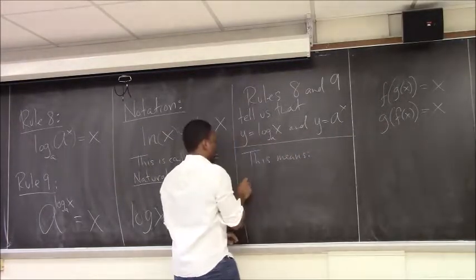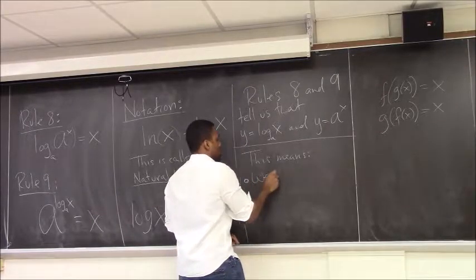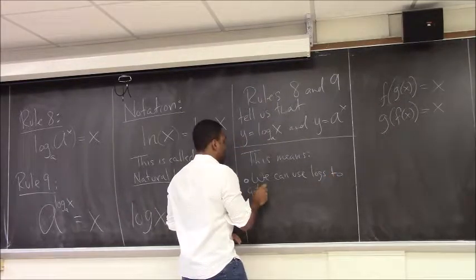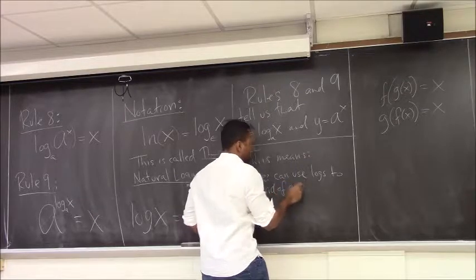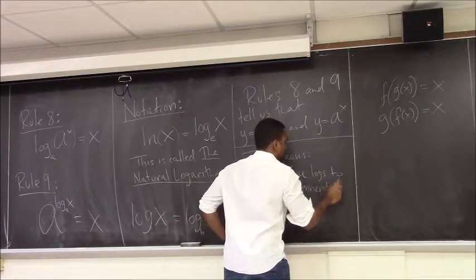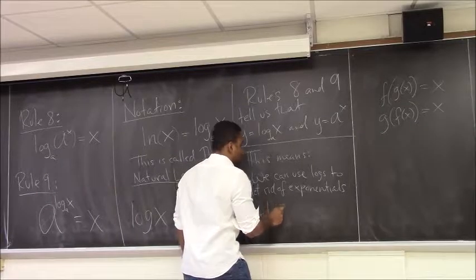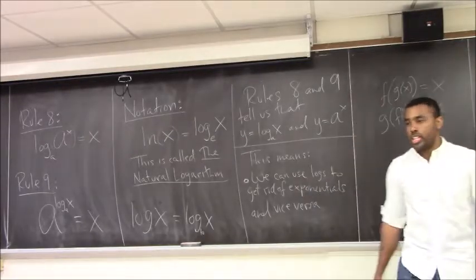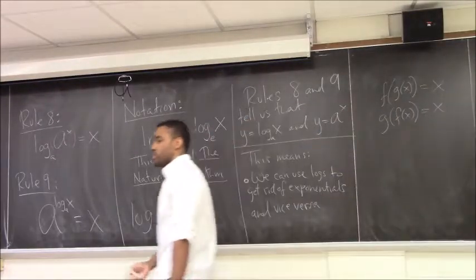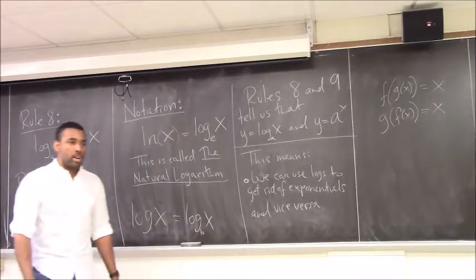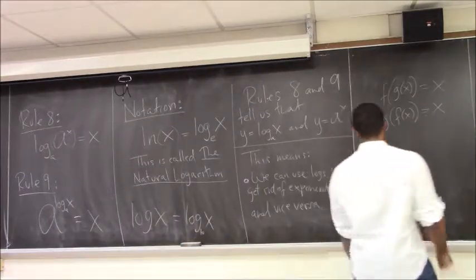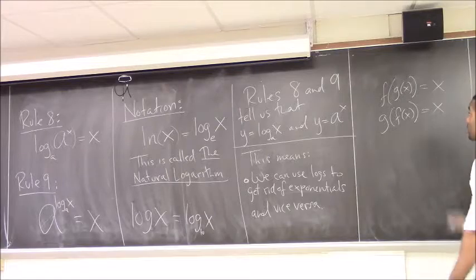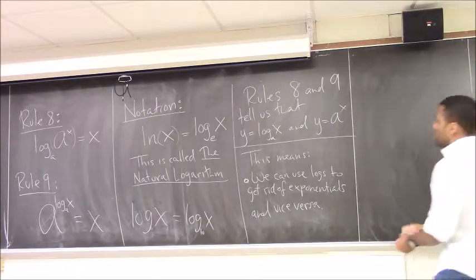This means, one, we can use logs to get rid of exponentials, and vice versa. So if you have an exponential in your equation and you want to get rid of it, you can use a log to kill the exponential and rewrite it in a different form. And if you have a log in your equation and you want to get rid of the logarithm for some reason, you can use an exponential to kill that log. That's one thing that it means. It also means